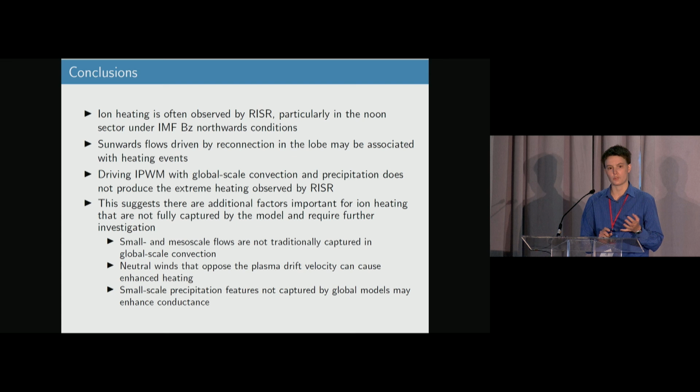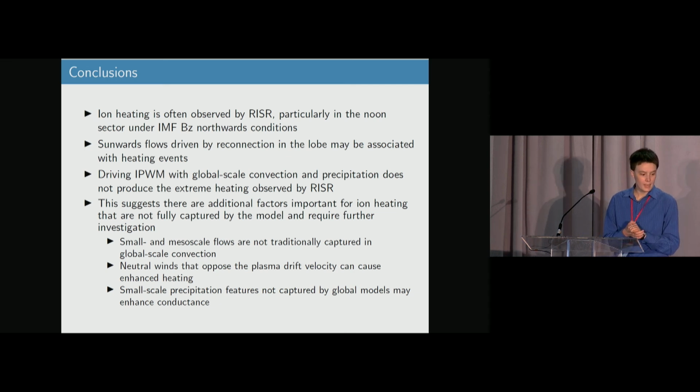So in the future, some of the things we'd like to do to continue this work: I know there are better methods. The SuperDARN community has made huge strides in creating very high-resolution maps. So starting to look at those and see, if we look at higher and higher resolution at the global scale, if we can start to replicate some of those dynamics. Additionally, more examination of neutral winds, if we can take measurements from FPIs, which are a little challenging on the polar cap because it's day a lot of the time, as well as small-scale precipitation features that are not necessarily captured, nor do we expect them to be, in global statistical models.